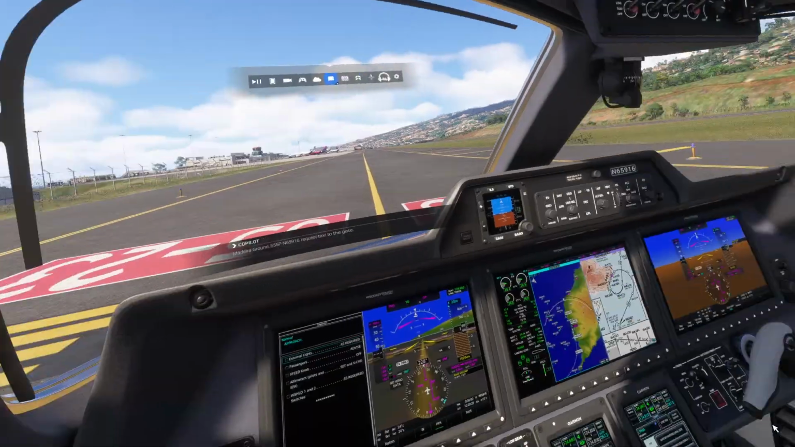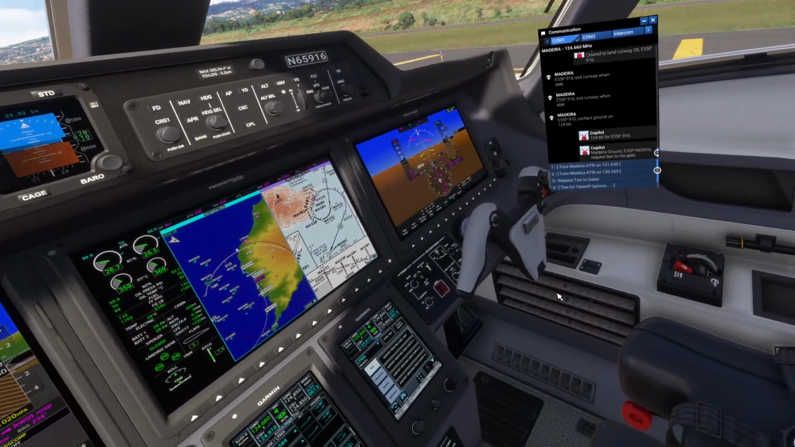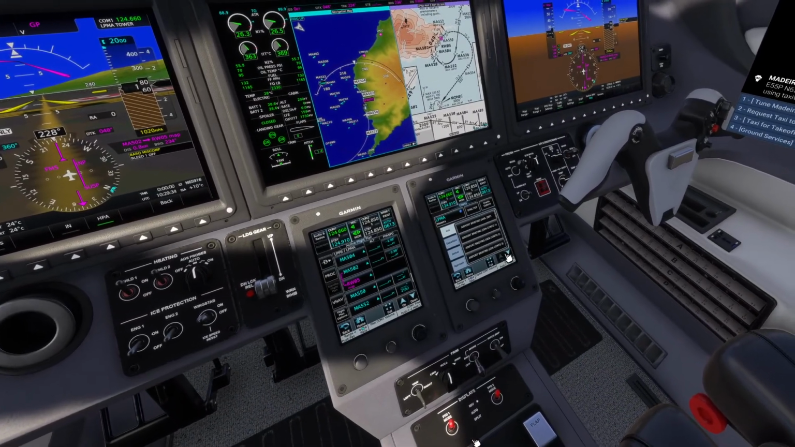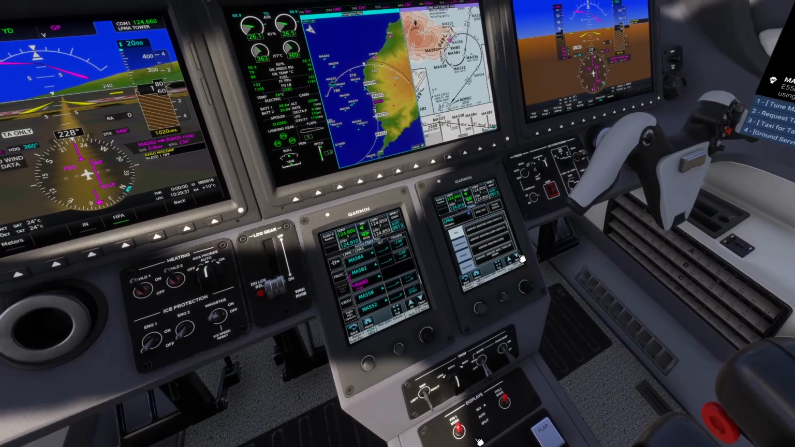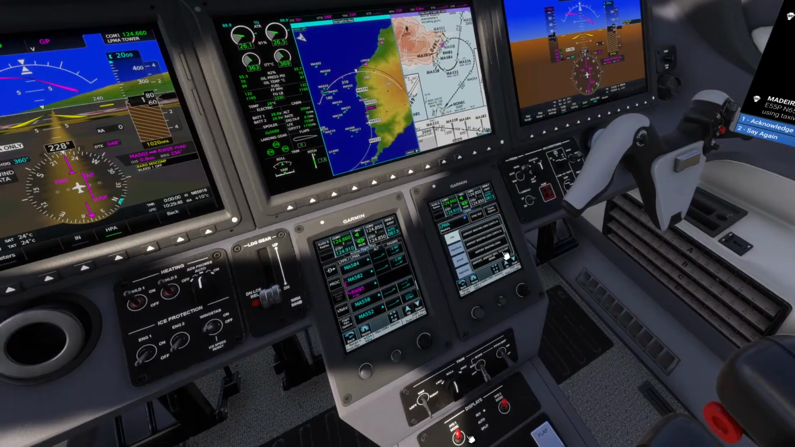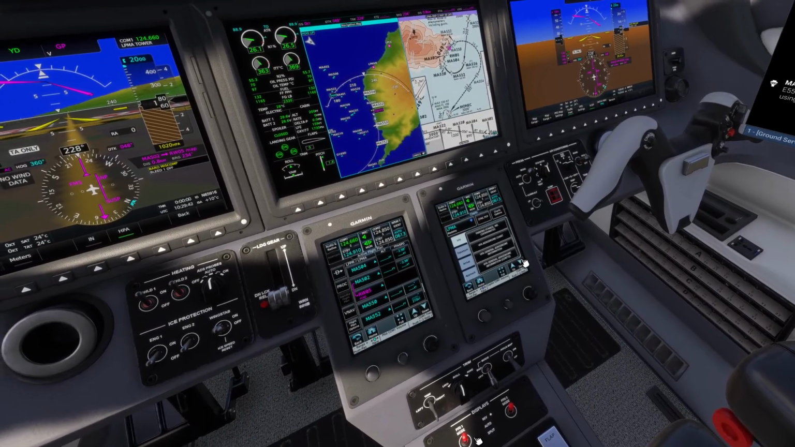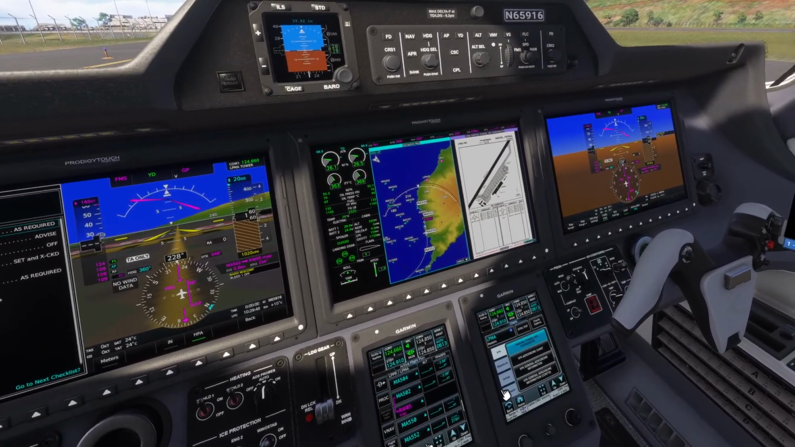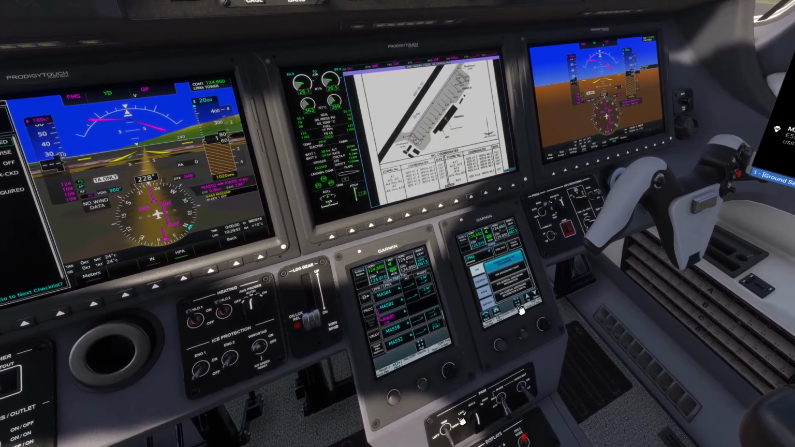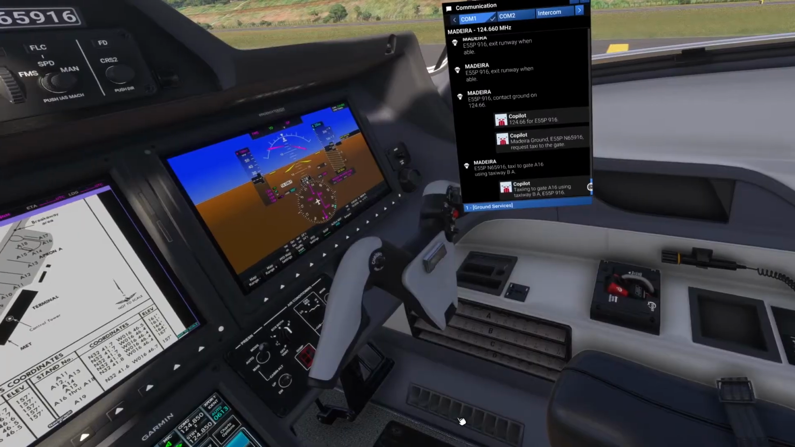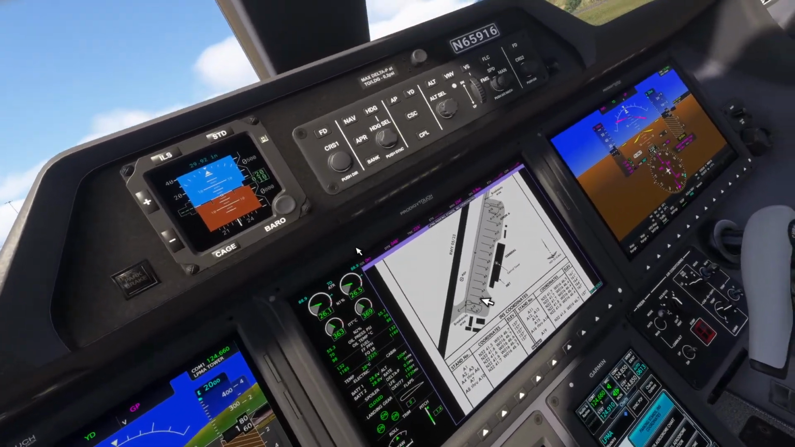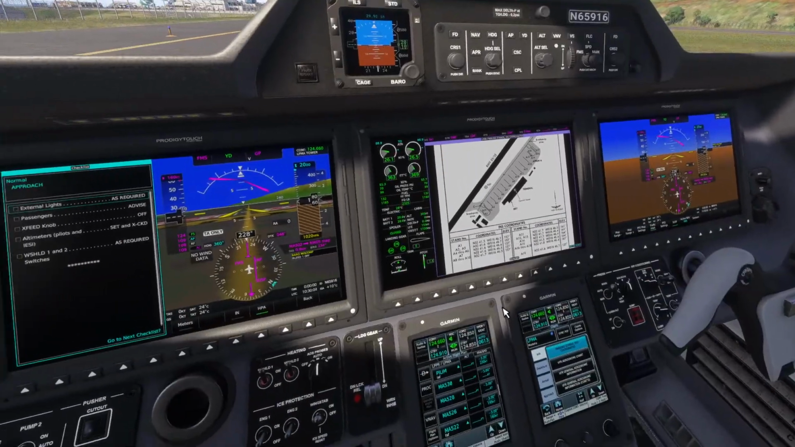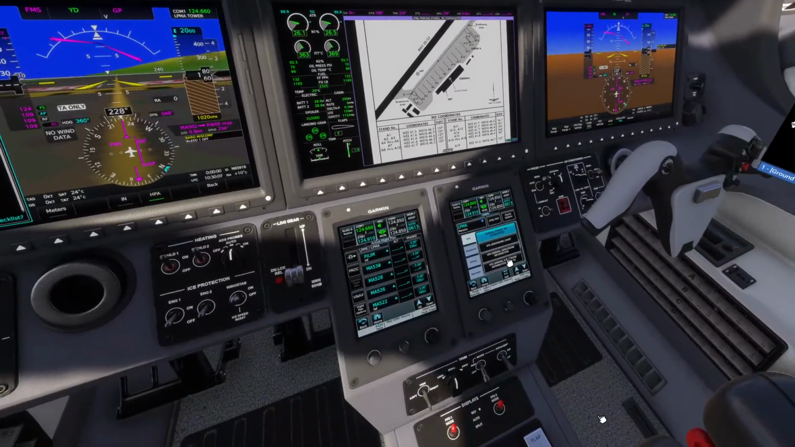Madeira ground, E55P November 65916. Request taxi to the gate. E55P November 65916. Taxi to gate Alpha 16 using taxiway Bravo Alpha. Taxiing to gate Alpha 16 using taxiway Bravo Alpha. E55P916. Which one? Gate A16? Okay, A16, but I have to find out where is the